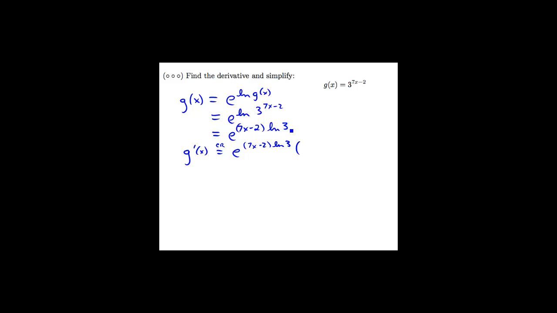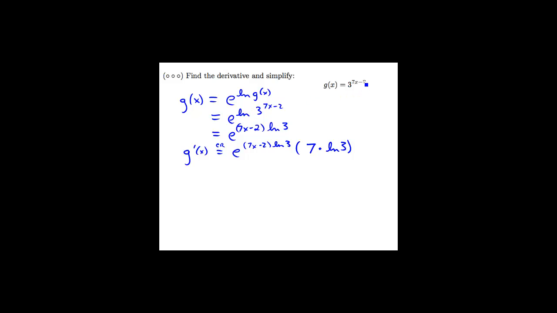7x minus 2 times natural log 3. The derivative of that would have the constant natural log 3 times the derivative of 7x minus 2. Derivative of 7x minus 2 is simply 7, and so there I am done with the derivative. The simplification step here, there's not a lot I can do here, but we could rewrite this exponential back in